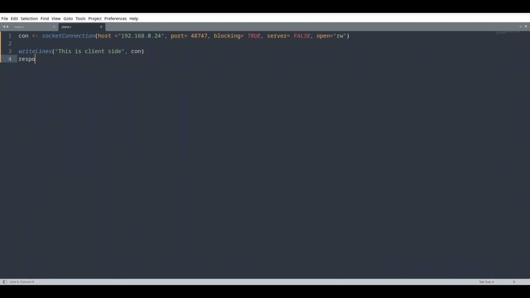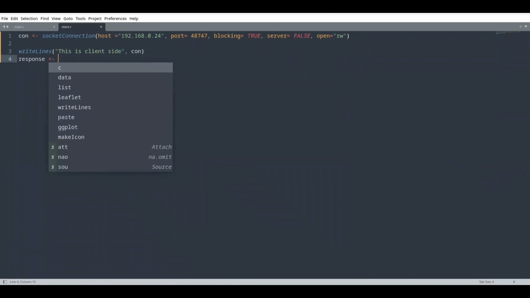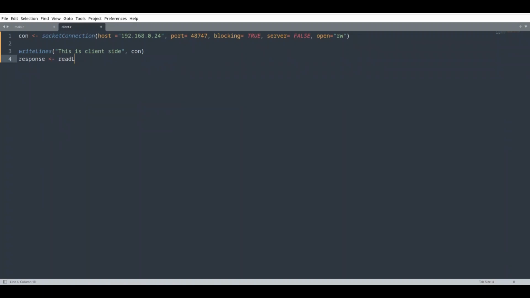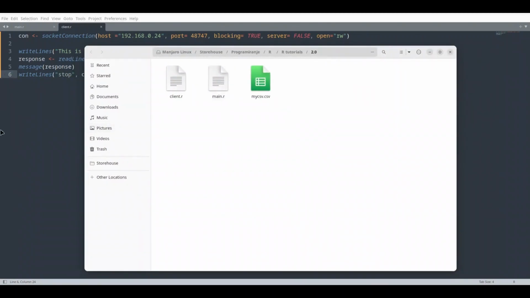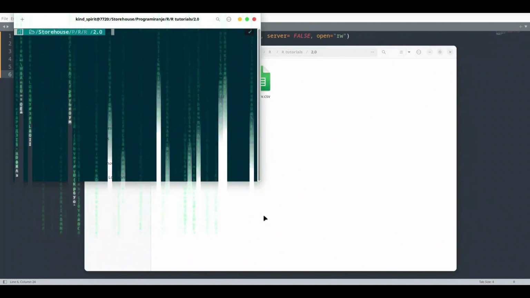Then we are going to read the response from our server with readLines from our connection, and we are going to read only one line. And we are going to print our response to the screen, and at the end we are going to write one more message that is going to contain the command stop, and of course we are going to write through our connection. Save it. Now I'm going to open my local directory, and from here I'm going to open two instances